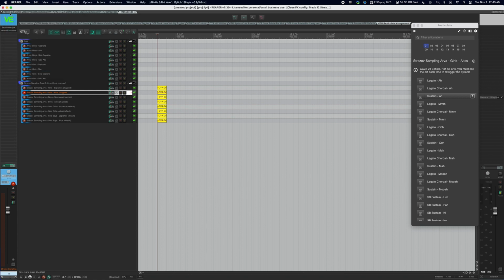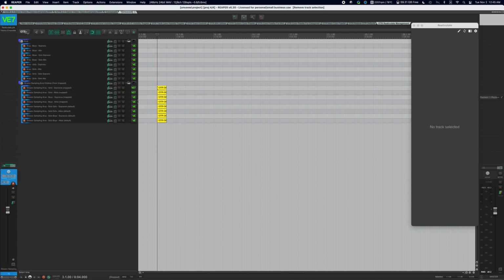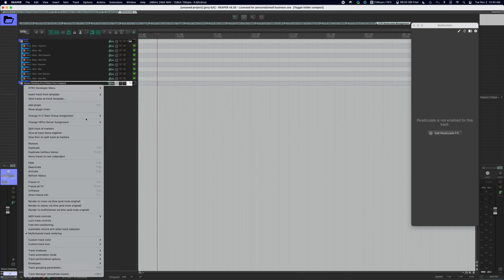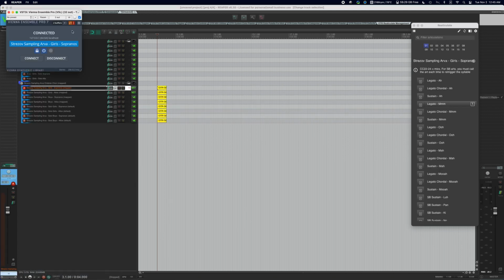And so on. And then, now that they're connected, I'm going to make sure that I assign these the correct server. So say these are on server 7, right? I'm going to make sure they're all set up right. And then I'm going to come back and save this as a track template where it's already connected. And again, I'm going to make sure I do everything in a preserved and decoupled